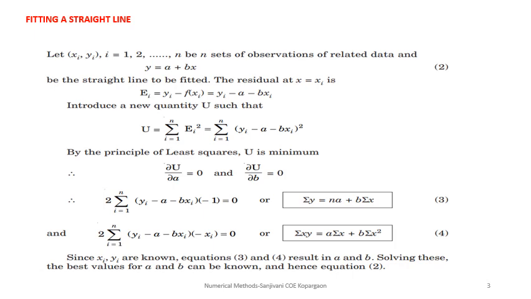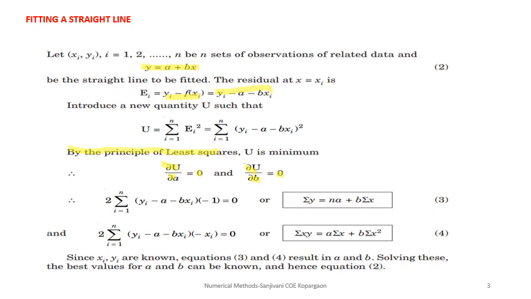While fitting a straight line, you could see that this is the equation of a straight line, y is equal to a plus bx. So the error will be y minus f of xi, that is y minus a minus b of xi. This is the error, that means the difference between the estimated value and the actual value. The sum of squares of these error terms, if you differentiate partially with respect to a and b, should be equal to 0. That means those should be as minimum as possible. That is the principle of least square.